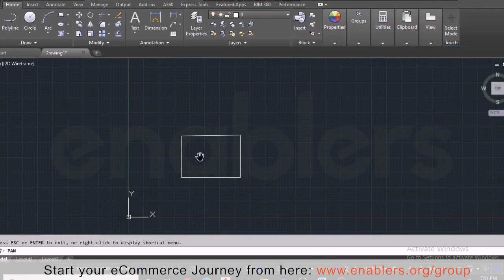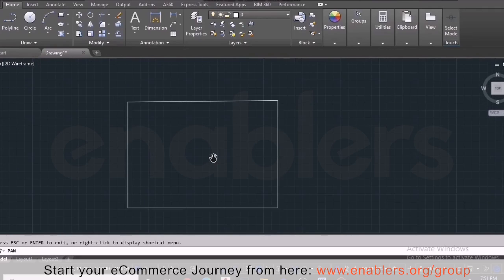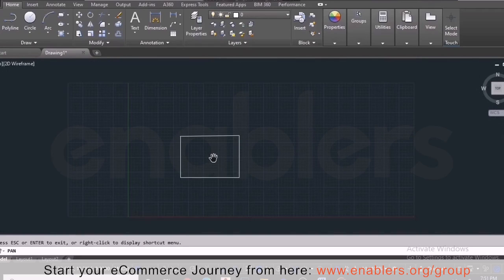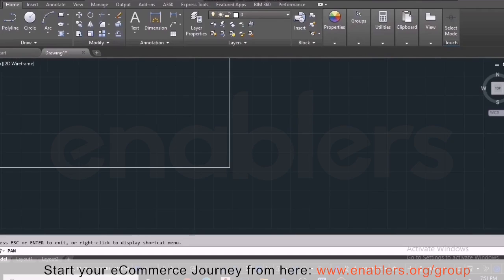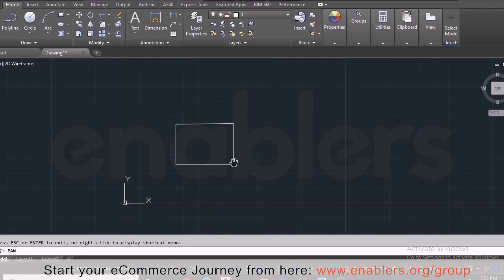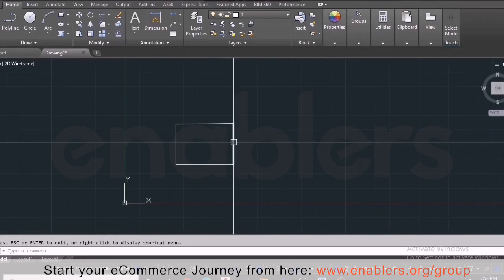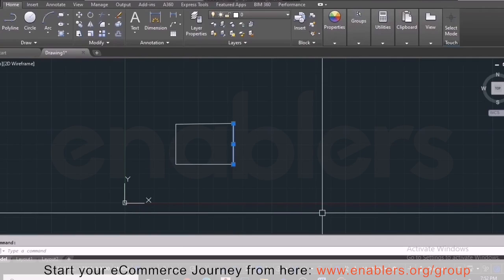Rotate your mouse wheel, it will zoom in your drawing. In the opposite direction, it will zoom out. Also, the point where you put your cursor will become the point which will be zoomed in or zoomed out. To select anything in your drawing, all you need to do is just click on it and that object will